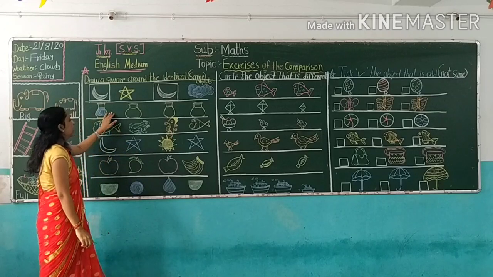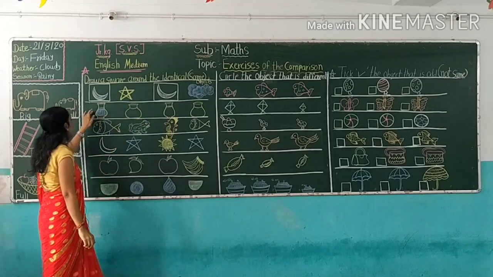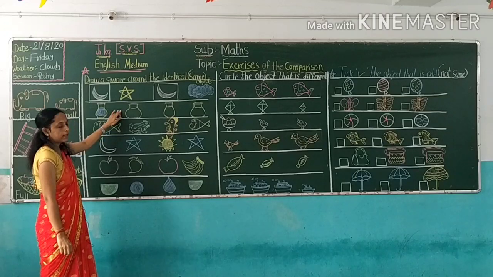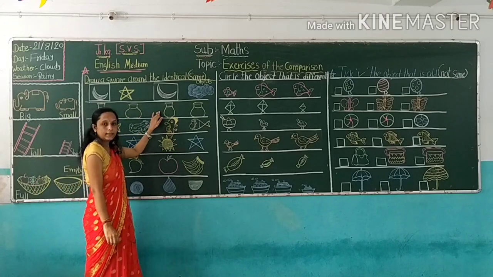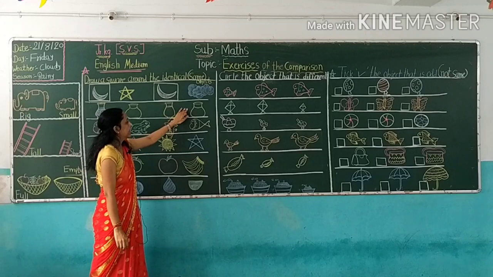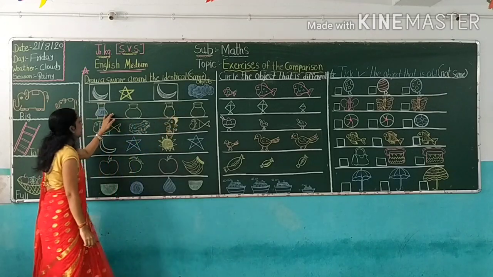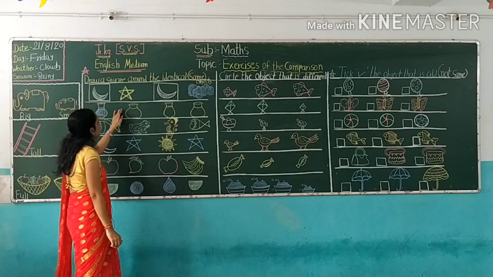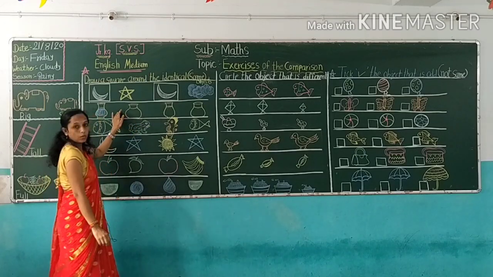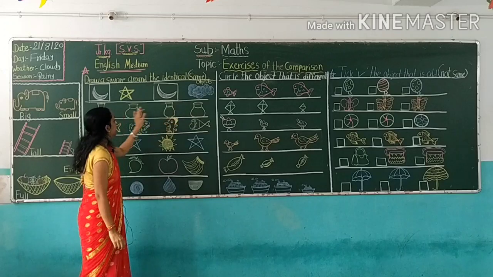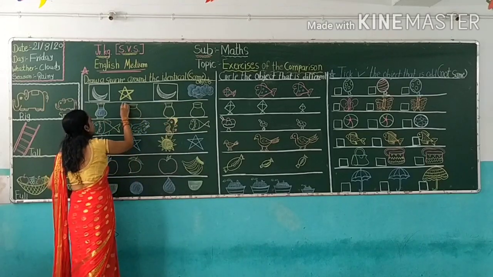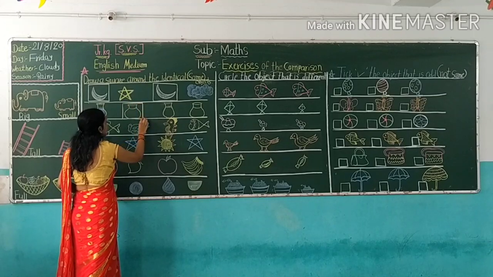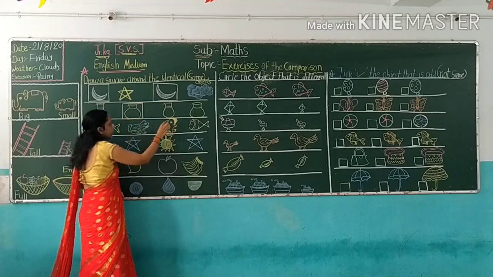And next, here I drawn vase. And what is this? This is pot. And what is this? This is vase. And this is pot. So इसमें कौन सा पिक्चर सेम है? Which picture is same? This? No. This? Yes. This pot is same. So square this object. Okay.